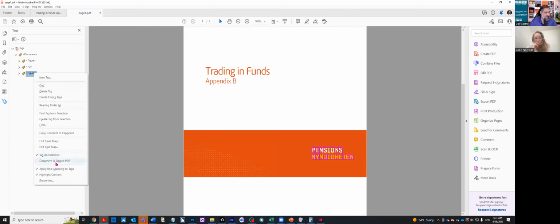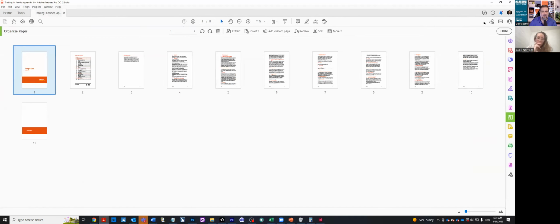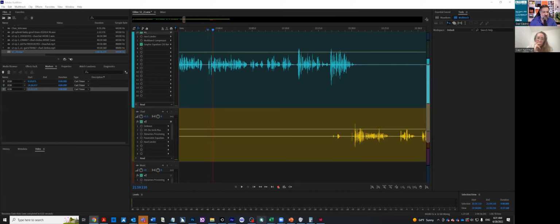And then we have to right click and see this document is tagged PDF. That has to be checked. Okay. So then save. And then now when we go back into Access PDF,